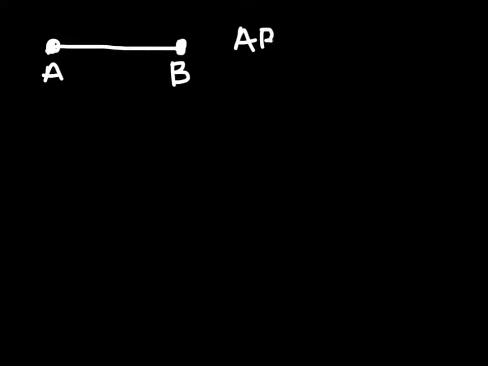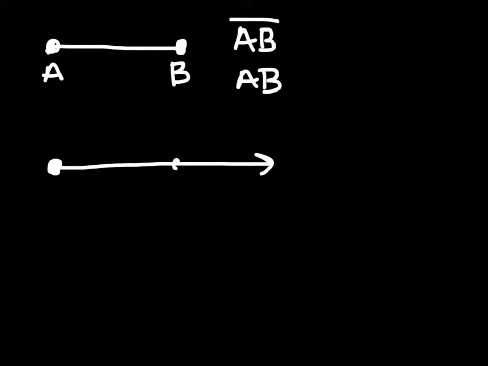If you're writing the notation for a line segment, it will look like this. The line will have actual endpoints, A and B, and you would write the line segment either like this or like this. Okay? If you're writing a ray, which has a single endpoint, and then passes through another point, you would write it like this, C, D,